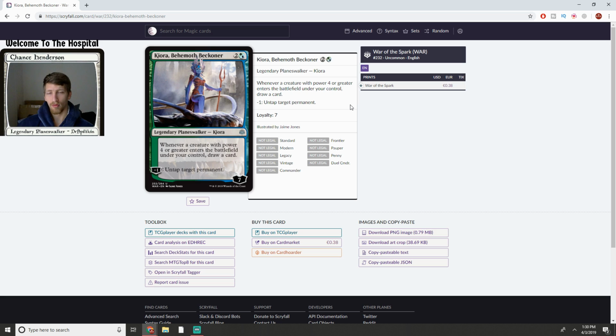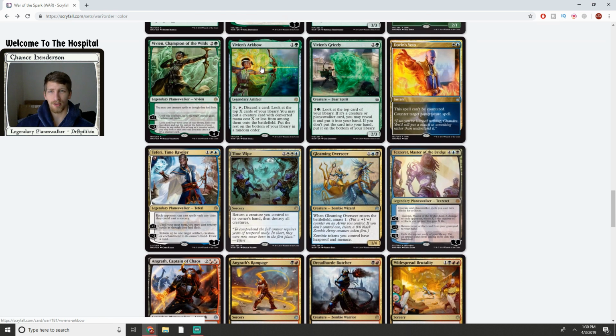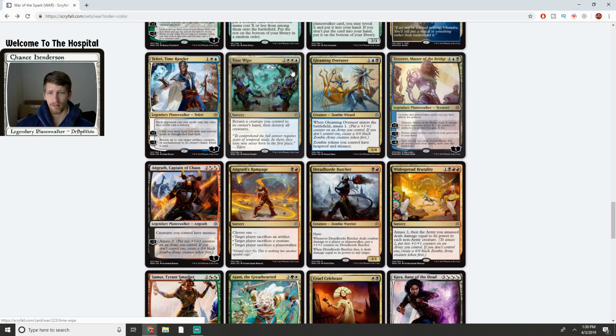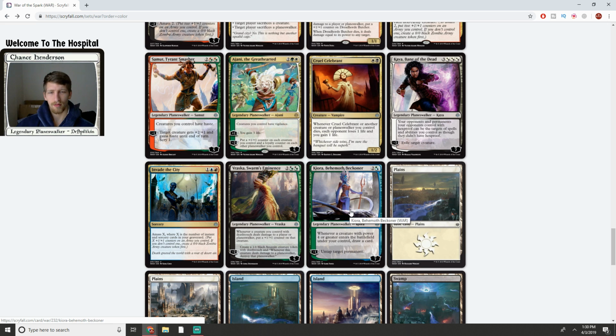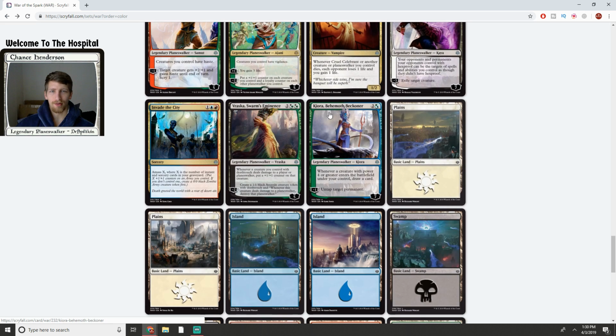Oh. Well, that could be really good, right? Untap target permanent? Loyalty 7, so you can do it 7 times. You can untap lands or enchantments or creatures or artifacts, that's really powerful. So say you have a Kiora plus, what was it, Vivian's Arcbow, right? You tap Vivian's Arcbow. Could you do that? Probably not. Well, you could essentially, if you had enough mana, you could do Vivian's Arcbow twice with Kiora, which